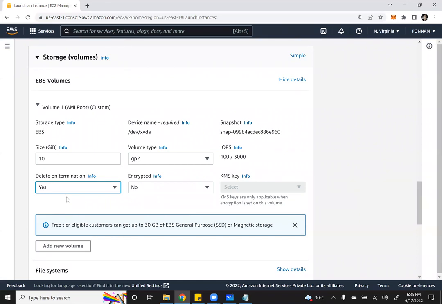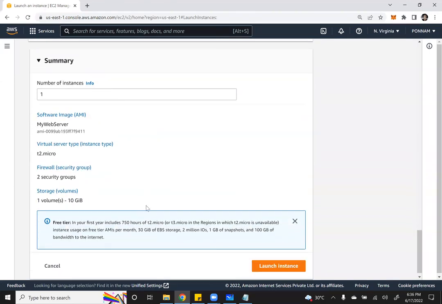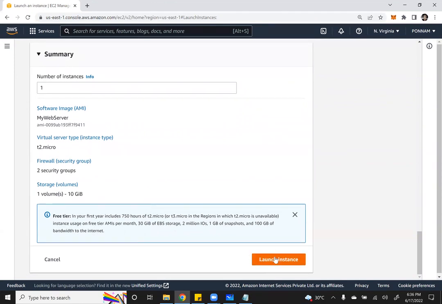If you delete the EC2 instance, automatically this storage will be deleted. That is the default option of all your root volumes. If you delete your EC2 instance, the root volume will be automatically deleted. And then just scroll down, and here you can review all the options, whatever you have selected, and click on